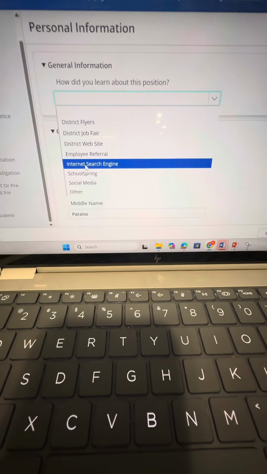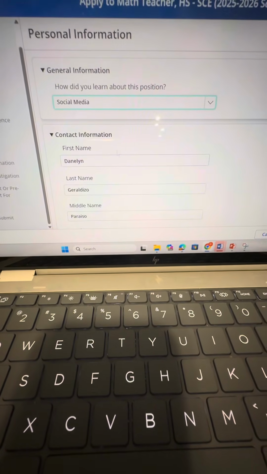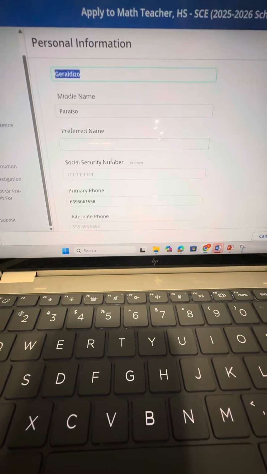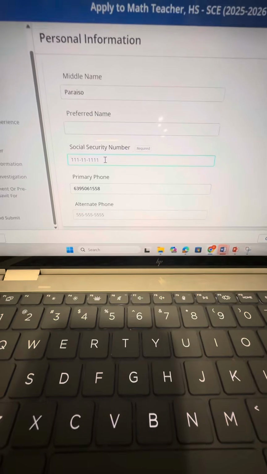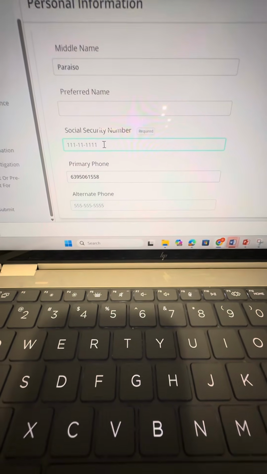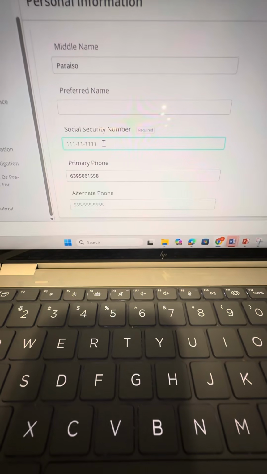I'm going to say social media, first name. Okay. I'm going to use my information. And then for social security number, again, I'm going to take the advice from accredited agencies based